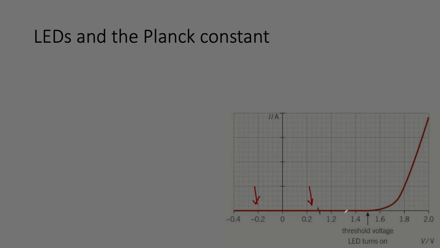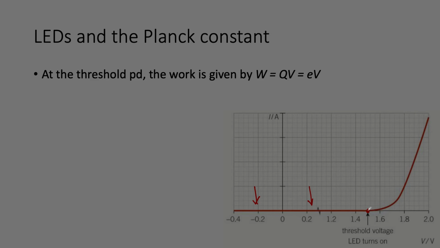And if we gradually increase that potential difference, we get to a certain value where we reach a threshold and the LED starts to light up. If we're measuring the amount of current that's flowing, we can see that as we increase the potential difference, the current also increases. But if we just stick back to that threshold, we're providing just enough potential difference for the LED to light